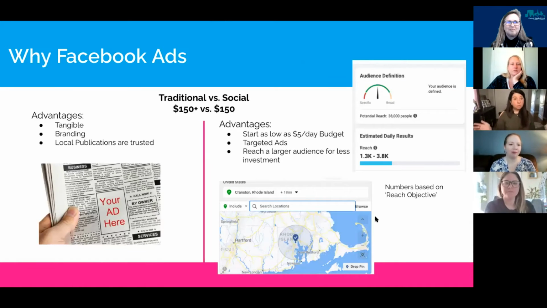By no means do we think that traditional media doesn't have its place. It's great for branding. There's advantages to it. It's tangible. It's trustworthy. It's got a local feel when you do the hyper-local magazines and things like that. So we're not telling you to abandon what you're currently doing, but don't discount Facebook as an option to spend